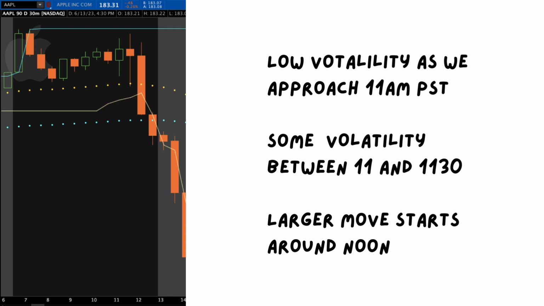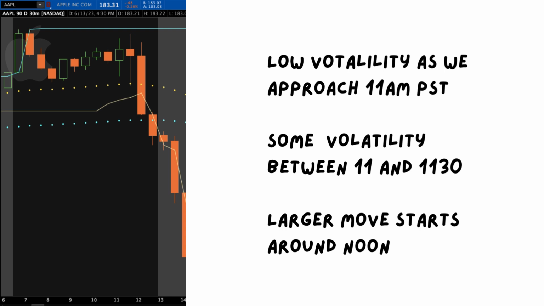At 11:30, where Jerome Powell starts speaking and answering questions, where the market is going to go very much hinges on what he says. But I think particularly in Apple, if we do see the market shoot up based on something positive that Jerome Powell says, like a continued pause, maybe for multiple Fed meetings, we could see Apple break above the 184.50 level as well as the